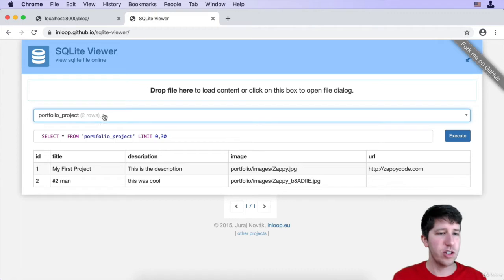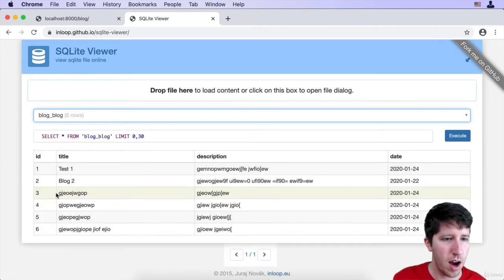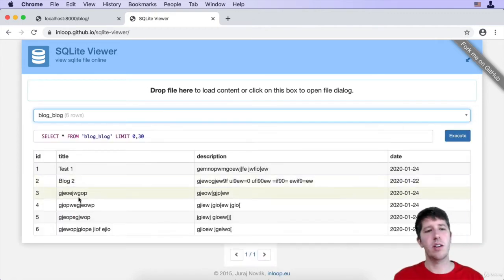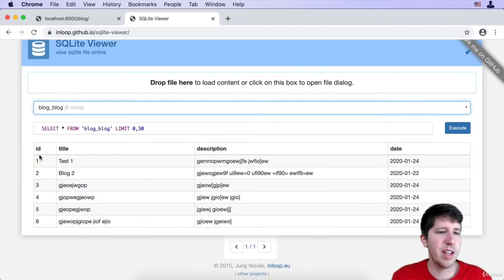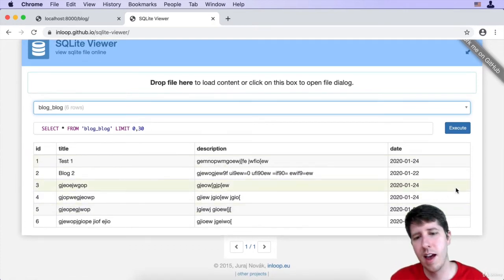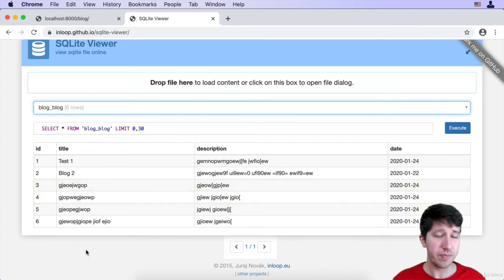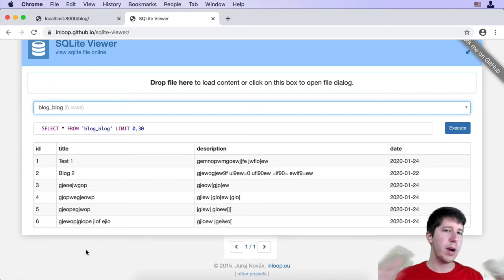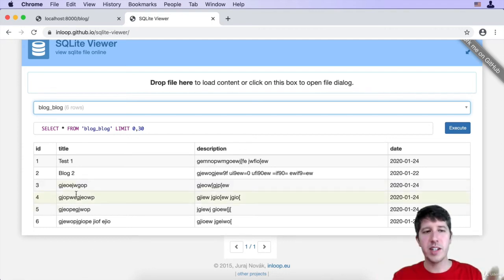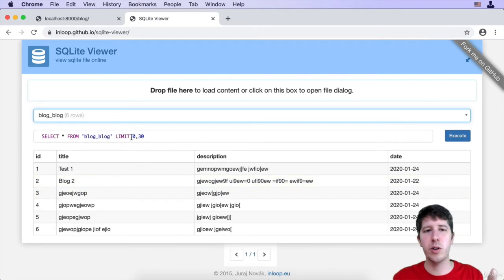Okay. Next, if we go to blog_blog, here's all of our different blog posts. Same story, right? There's IDs and then the different items that we give it. So the real magic with Django is that it handles all the work of when we save an object, it puts all that information into SQL queries or commands and puts it into the database, takes it back out, and turns it into Python objects. I'm just showing you a taste of how complicated things could be for you to appreciate